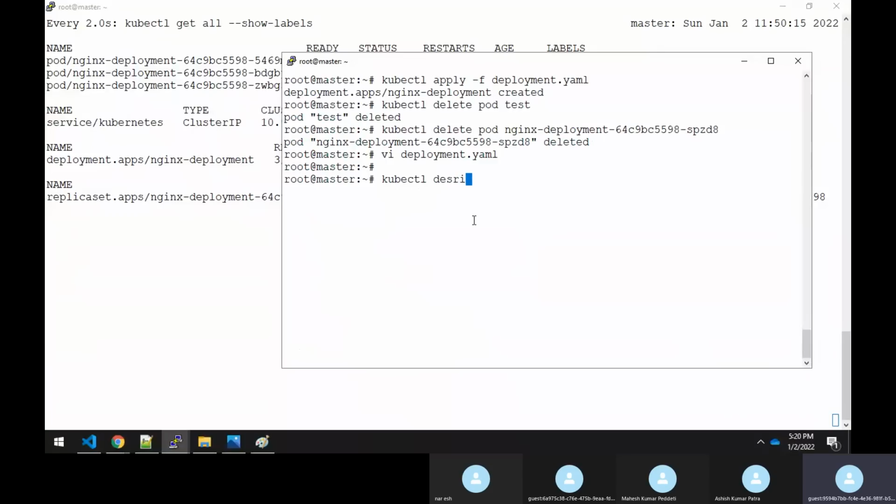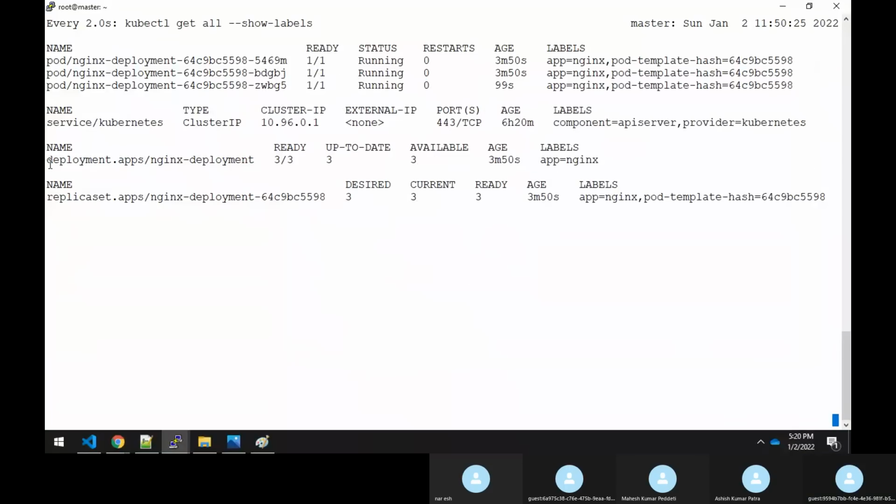kubectl describe deployment, and I don't have to give the complete name, just the nginx deployment name is sufficient here.